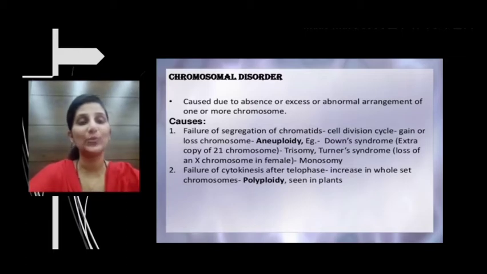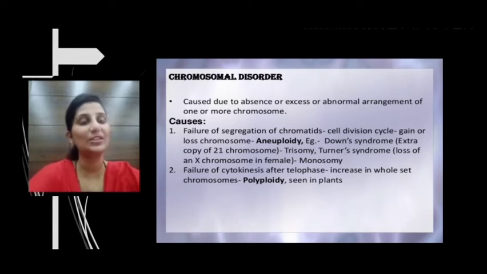In the last class, we had learned about the Mendelian disorders, which are caused due to a mutation of a single gene, and the inheritance pattern of these disorders follows the Mendelian principles of inheritance. And these Mendelian disorders can be either autosomal or sex-linked, and they can be either dominant or recessive. And in this module, we are going to learn about the chromosomal disorders. We learned that the genetic disorders are of two types, Mendelian disorders and chromosomal disorders.